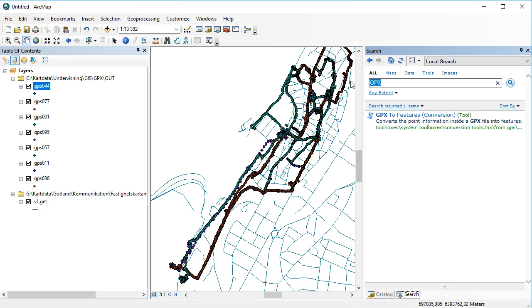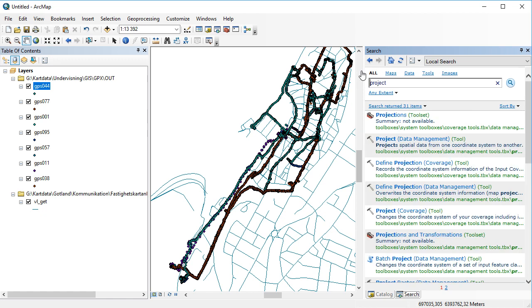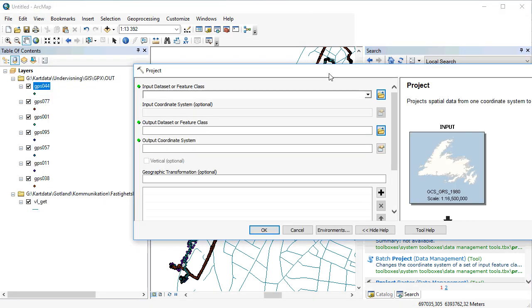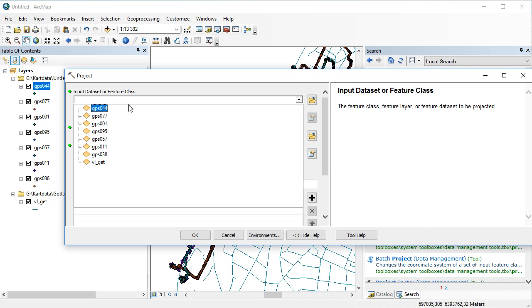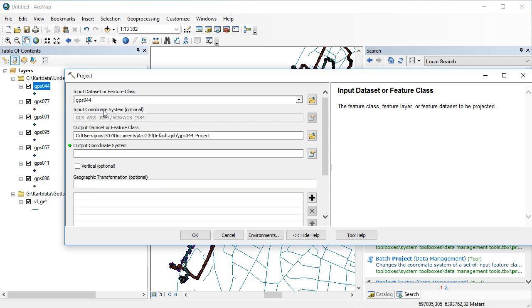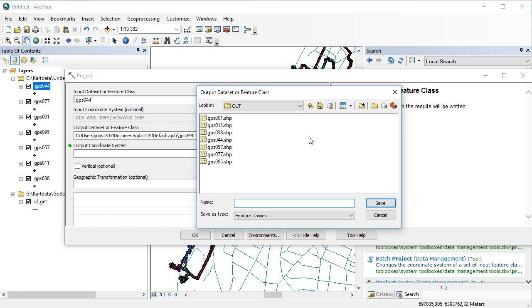So what I do, I go again to the search window, and I write project. Project data management is a tool we want to use. So I click on this one and I choose from this one the name of the first, GPS 044. It identifies very quickly WGS-84. And I click,